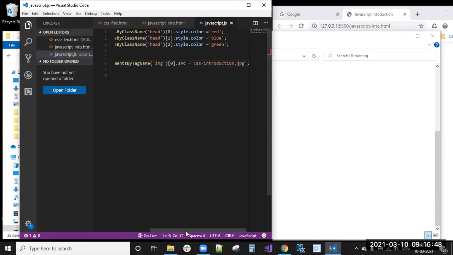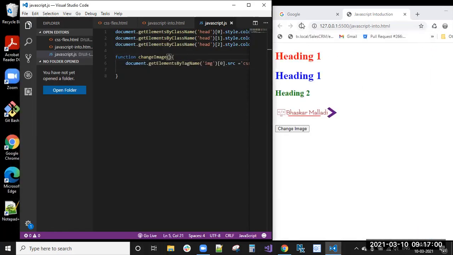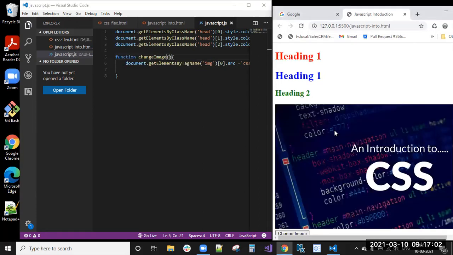Now you can see document dot function, and the function name is change image. You can change the content by using the tag names.